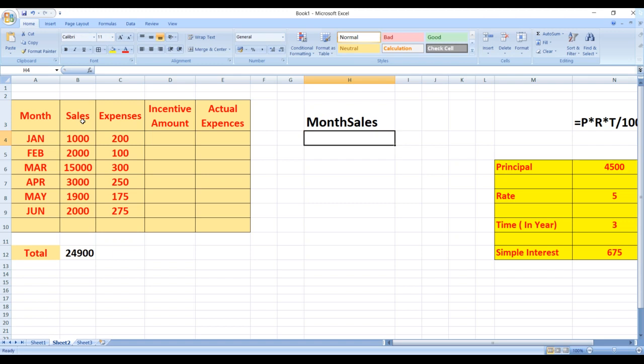Just press the enter key. See that month and sales have come together. So understood how to make the text together, or how to write two cell references in one cell. So this is the way we are going to do it.